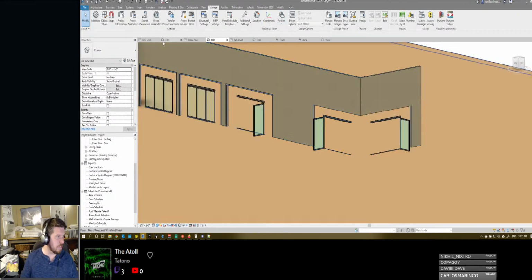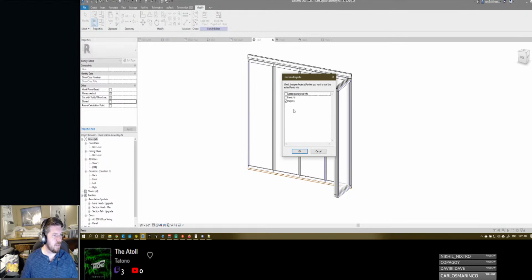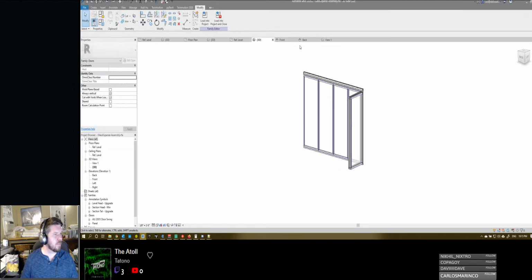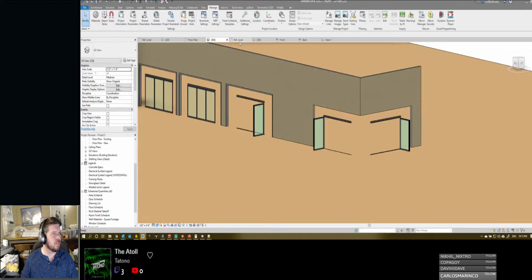That doesn't seem to work very well, so I'm just going to undo that. So I'm going to make this not shared. I'm going to save that. We're going to load that back in to our door family. You cannot load a non-shared version of the... Revit's a jerk sometimes. So I'm going to undo that load family, and we're going to come back here to...